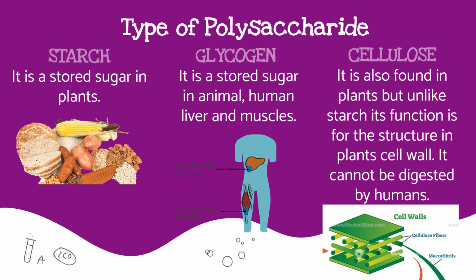Some animals such as cows, or what we call bovidae, which eat their own feces as they release it, have bacteria in their digestive tract that can digest cellulose. But humans and most animals cannot digest cellulose, because one of its functions is just for the structure of the plant's cell wall.